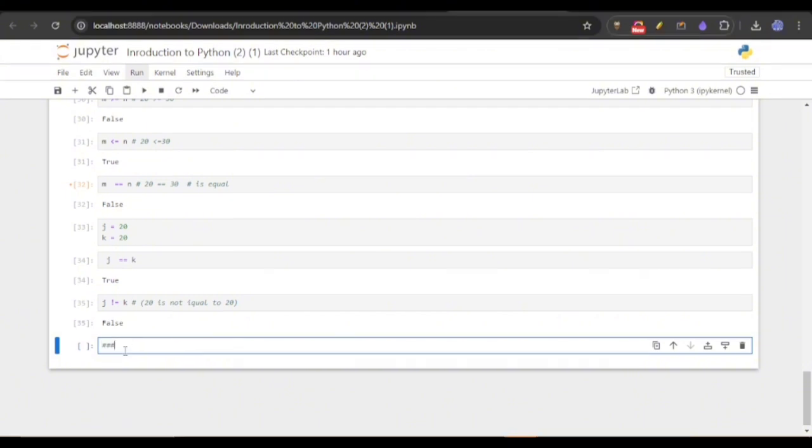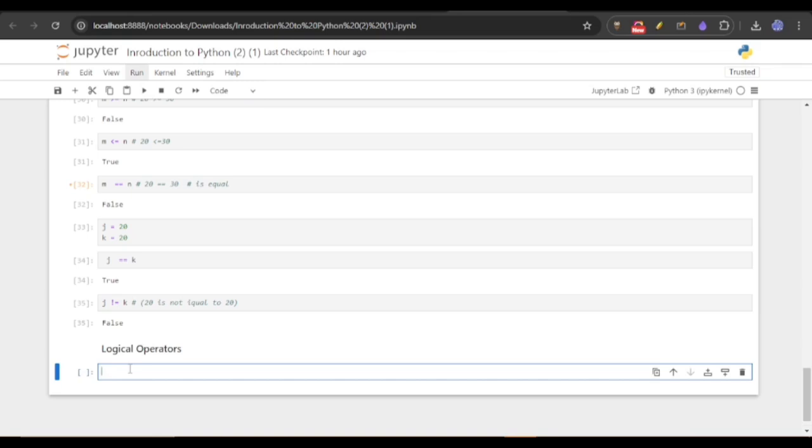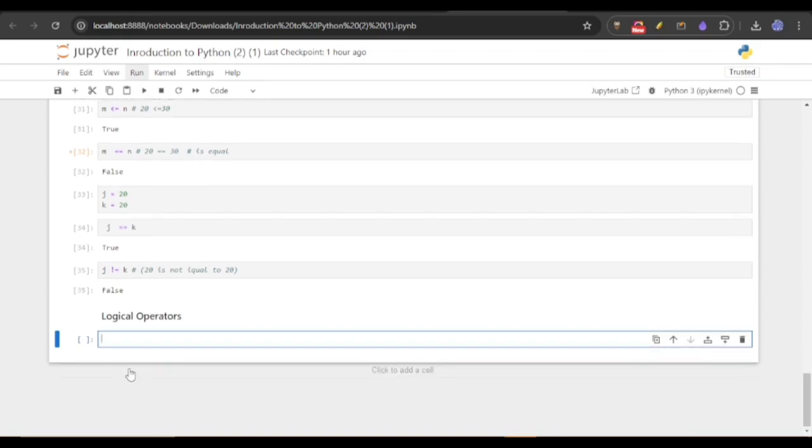And then we have logical operators. Here we've said logical operators are used on conditional statements. For example, we have and, we have not, and we have or. And we have said it returns true or false. So these logical operators include